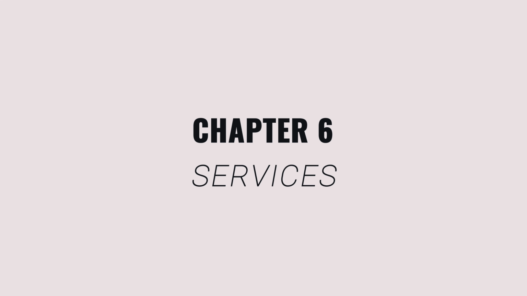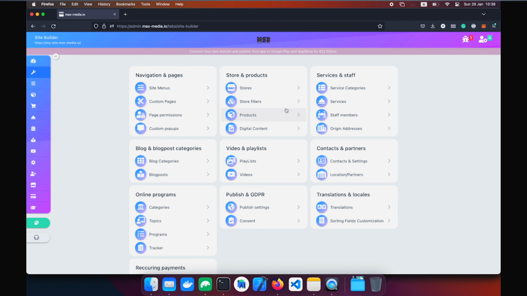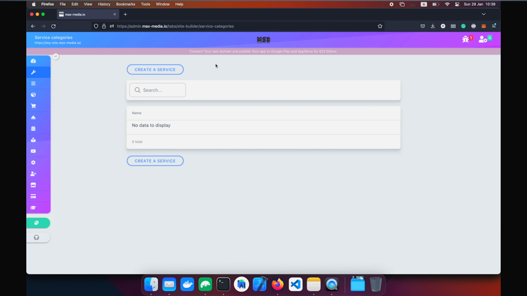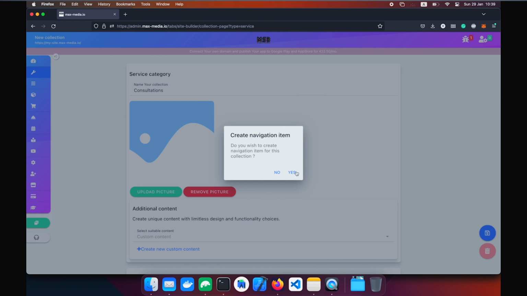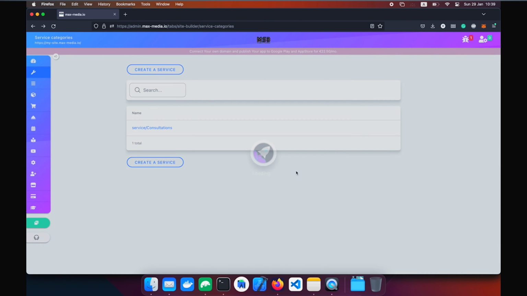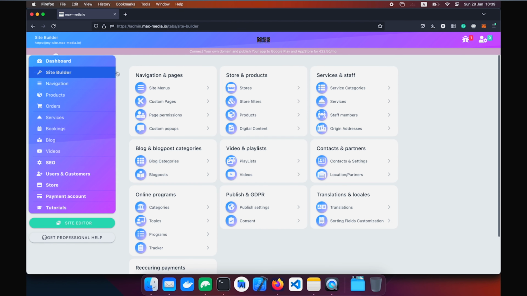Section 6, services. All right, so just like the stores, we can have booking services, and we can create them by first creating a service category. Let's click on that, create a service. Let's call this one consultations. Click save. Let's add this to the navigation. Go back,